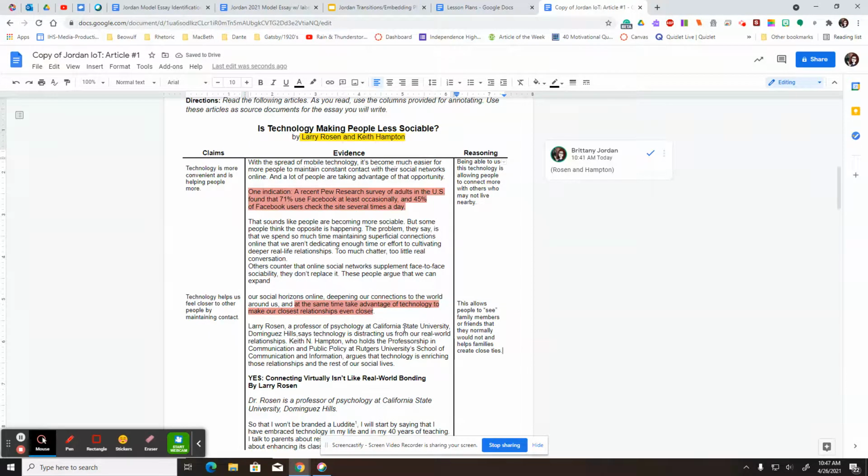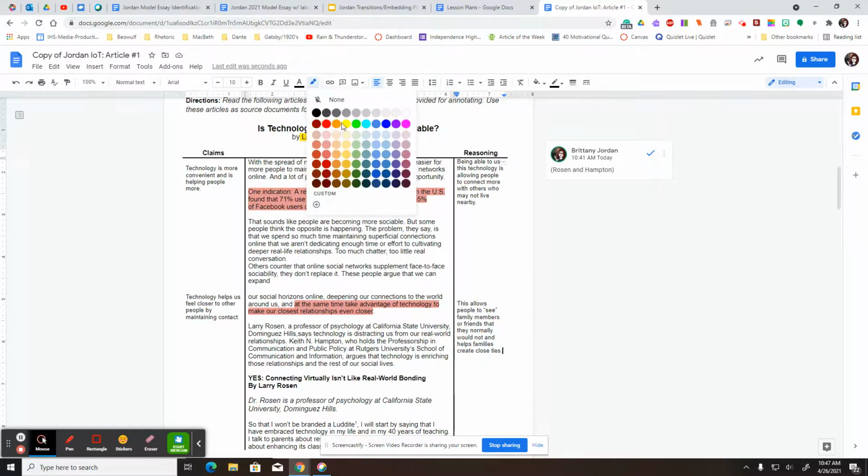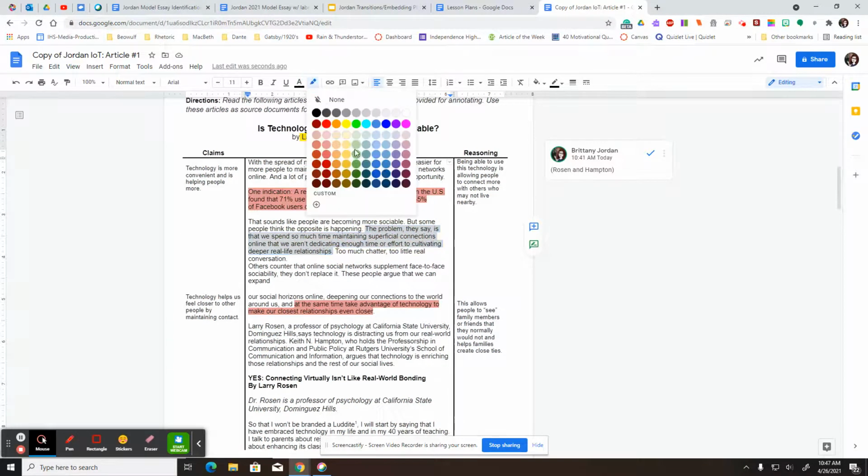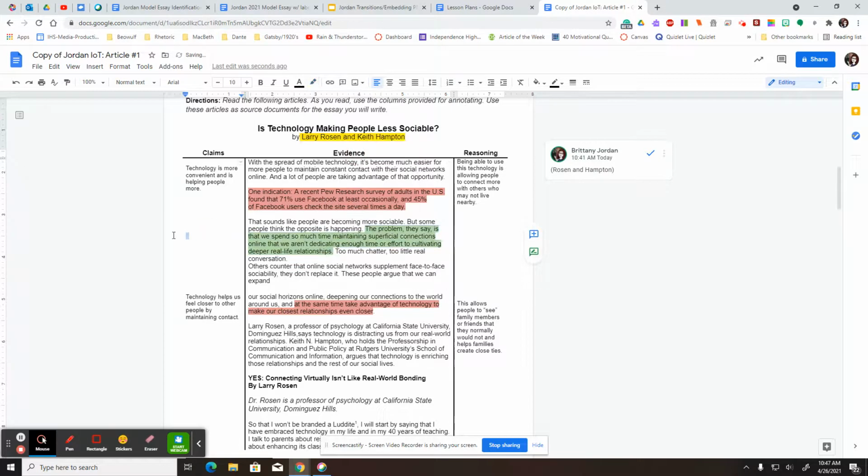So that's kind of how we want to approach this, is with the claims on the left side, your evidence is going to be what you highlight in the middle of the text, and then put your reasoning on the right side here. Okay, I am going to come up here and I'm going to highlight a little bit here with green, and I'm going to say this part right here will be my green, because this is kind of hindering our relationship.